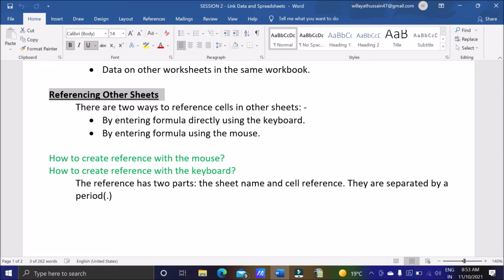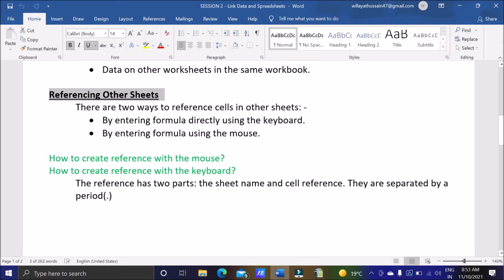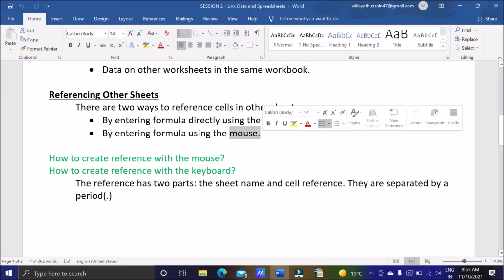But in mouse you will just need to click, and it will itself get the address or cell reference. So first of all, let's see the mouse. It will be easy.